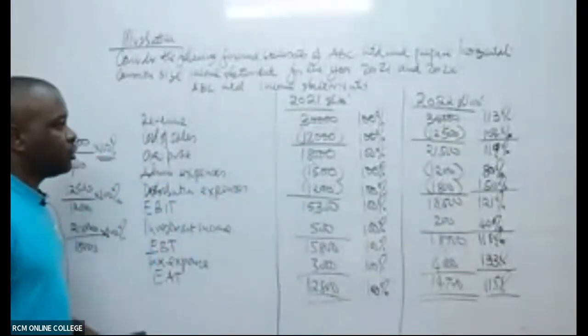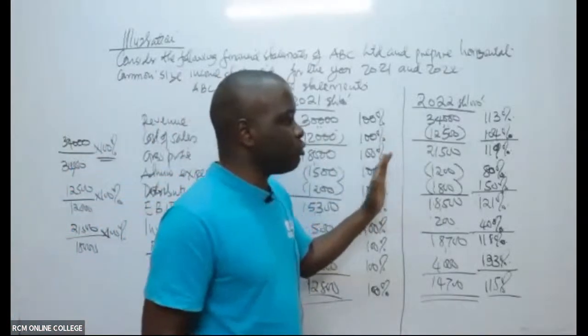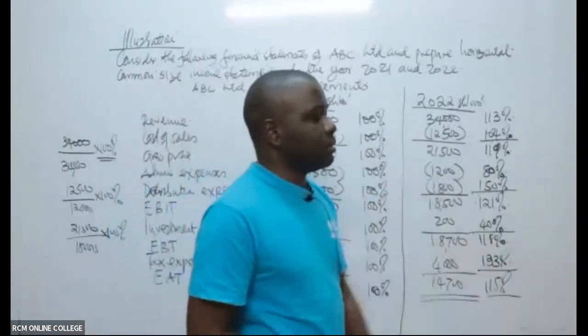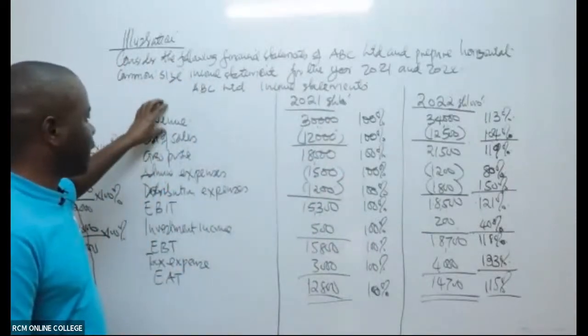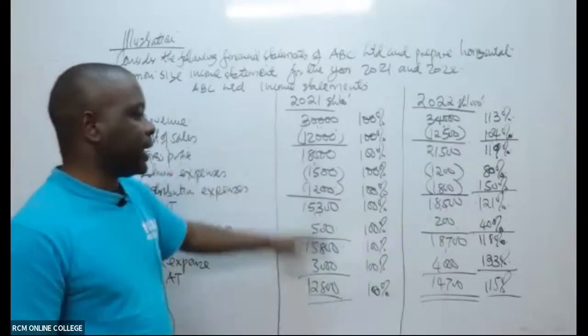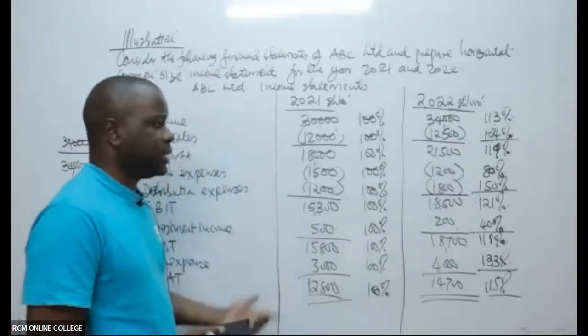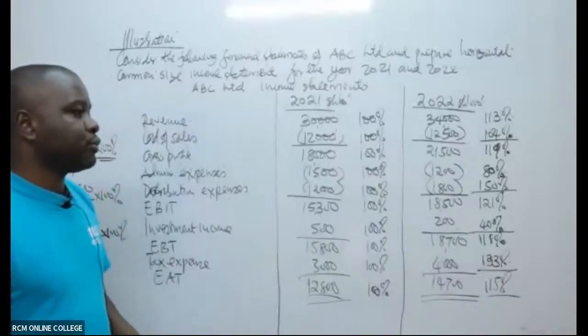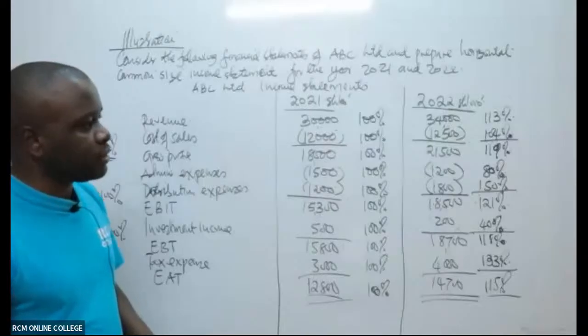So with that, you'll basically be doing the analysis horizontally. Horizontal is like this, but for vertical, it is like this, whereby you use this item as the base, and you convert all the other items into percentages. It can give you some kind of trend that you can use to analyze. Remember, it is far easier to analyze using